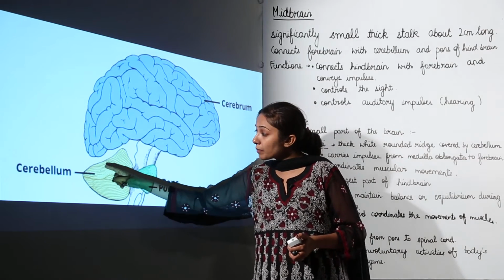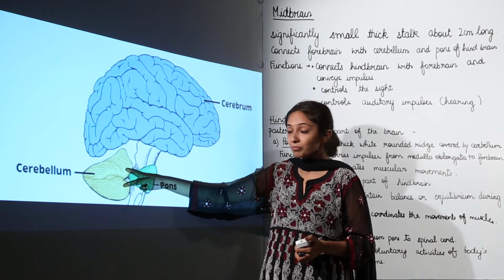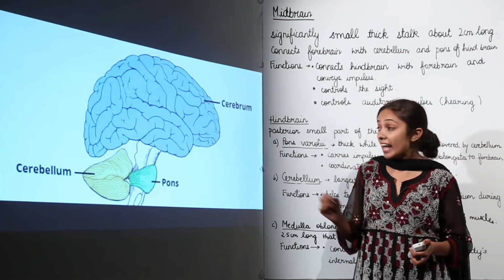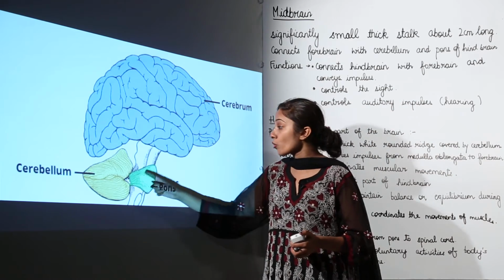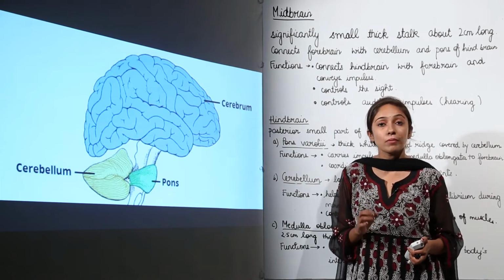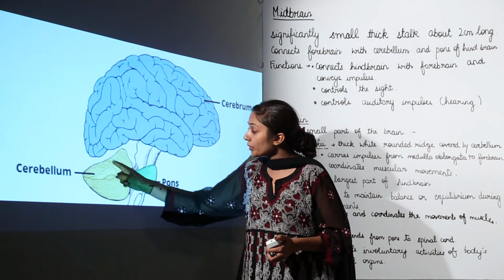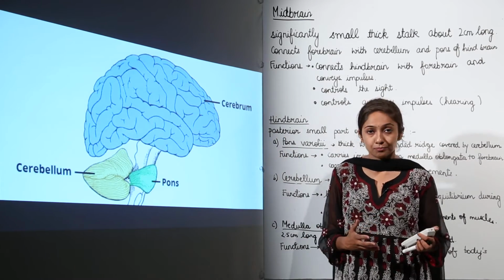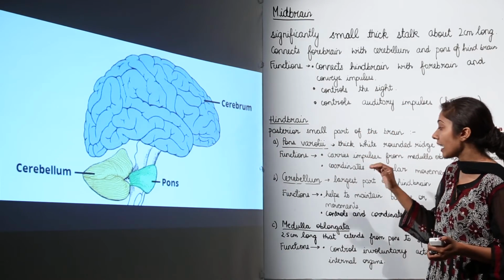You can see that cerebellum is divided into two hemispheres, and these are known as cerebellar hemispheres. These two cerebellar hemispheres are joined by a line that we call vermis, that is V-E-R-M-I-S. You can see a lot of lines over here. These are the fissures due to which the cerebellum looks laminated.